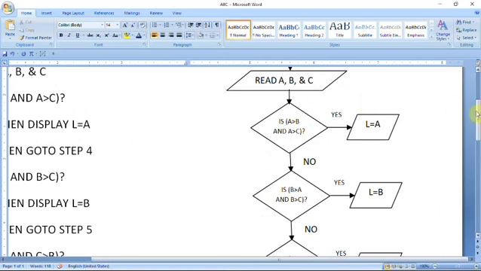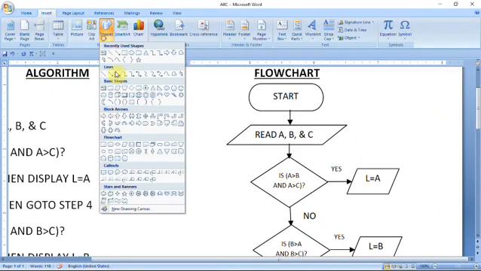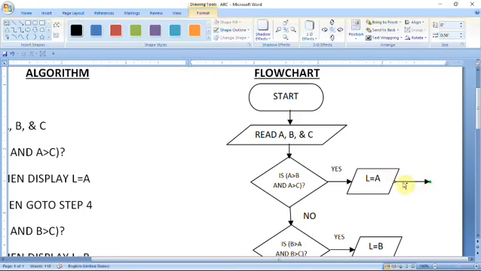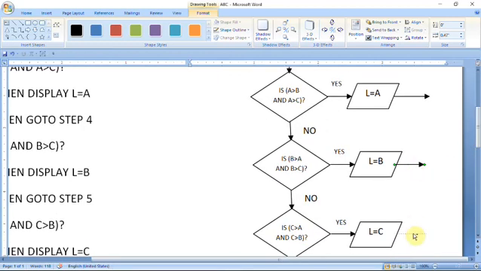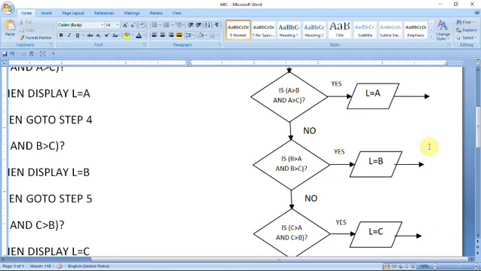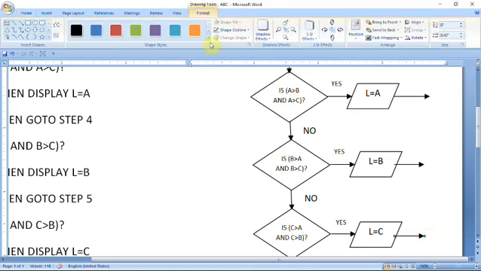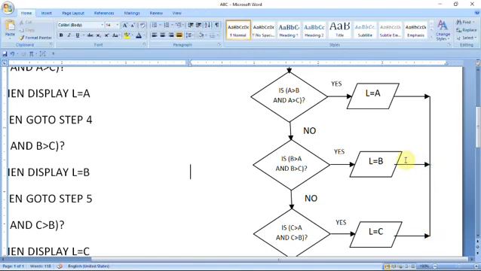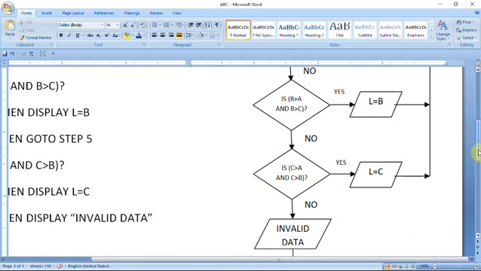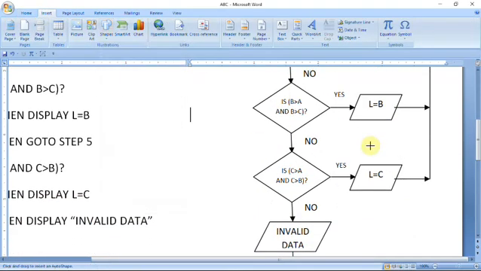So what to do for this? We have to use again... I want to give this symbol one after another, and next number, here again I want to insert the symbol, and at last again the arrow symbol this way.